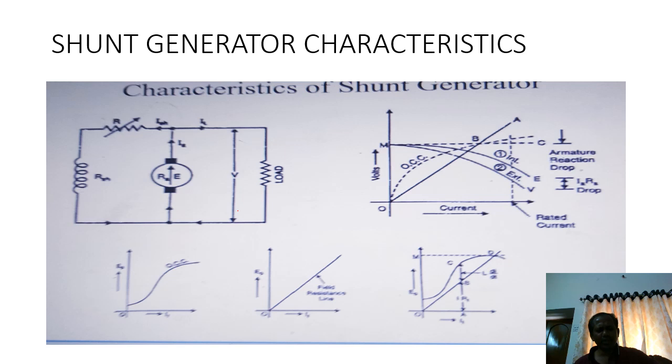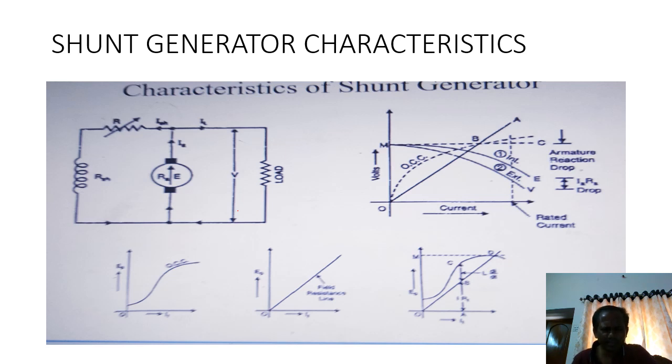Due to the effect of the field current, fluxes are produced. The produced fluxes strengthen the armature fluxes. Here it is developed by self effect, the self energy generated in the case of the shunt generator, the self generated DC.